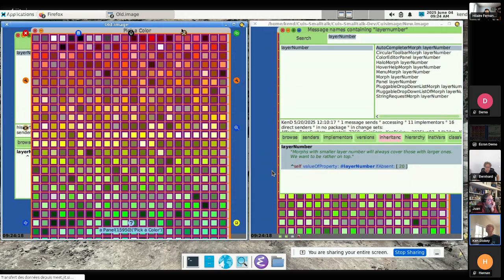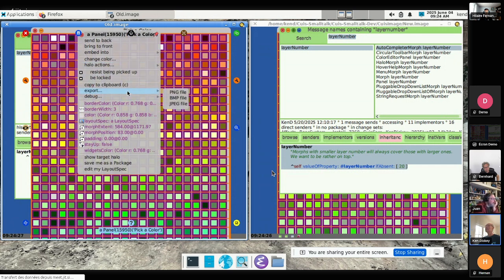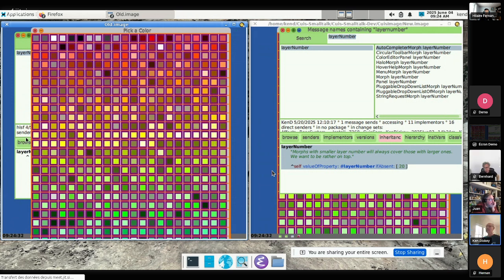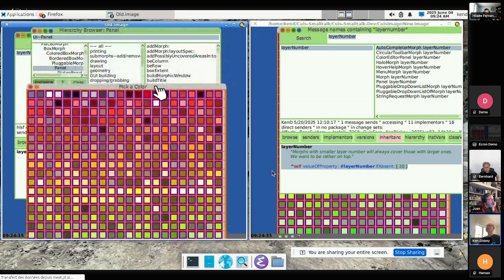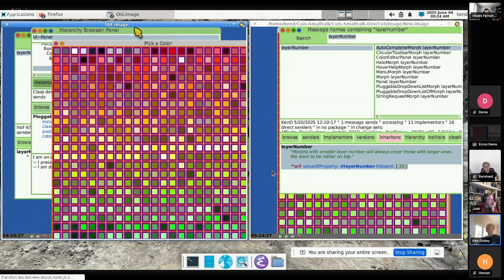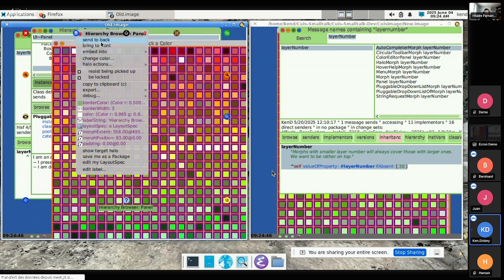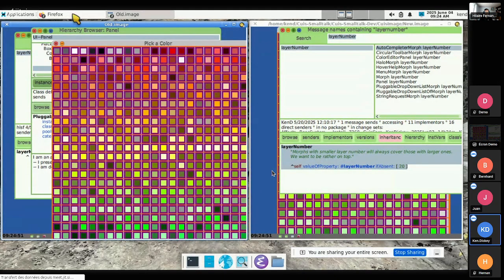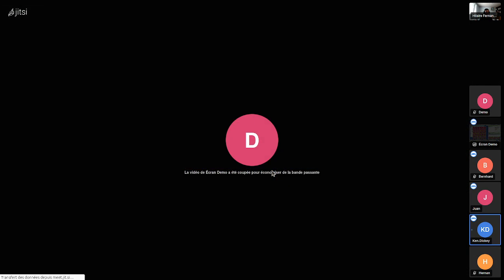And the other thing is if I go to debug and say, all right, I want to browse the morph class, I don't see much here. And that's because the browser is hidden. And if I try to bring that to the front, let's see, it's a hierarchy browser. I say bring to front, and it doesn't change position because again, it's static. Where here, if I want to do a similar thing and say,